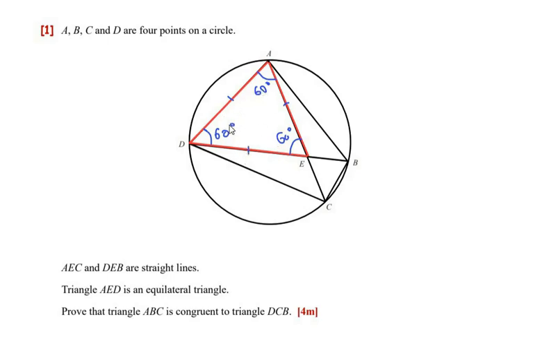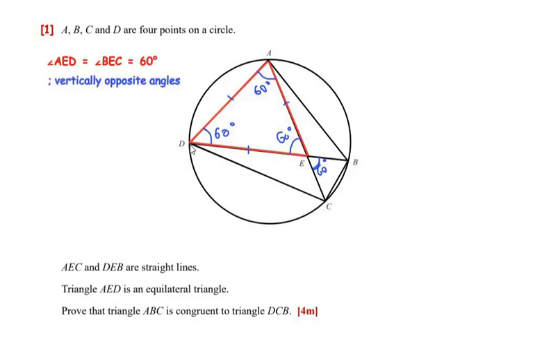Now once we have got this, let us focus on the point E. Since E is the point of intersection between these two straight lines, the angle made at point E, that is 60 degrees, is equal to the angle made over here, that is angle BEC, will be also equal to 60 degrees, that is vertically opposite angles of the two straight lines. So here we have written angle AED will be equal to angle BEC, that is equal to 60 degrees,